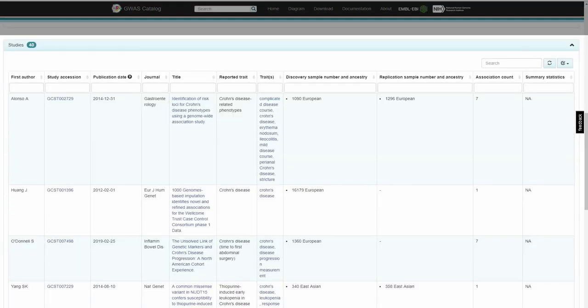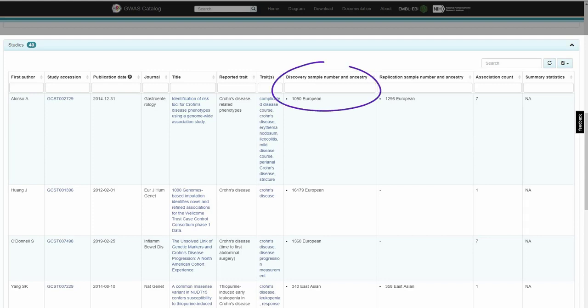The studies section lists all the GWAS studies carried out to identify variants associated with the disease. In the case of Crohn's, 40 studies have been carried out. For each study, as indicated in each row, the table displays author and publication details of the study.